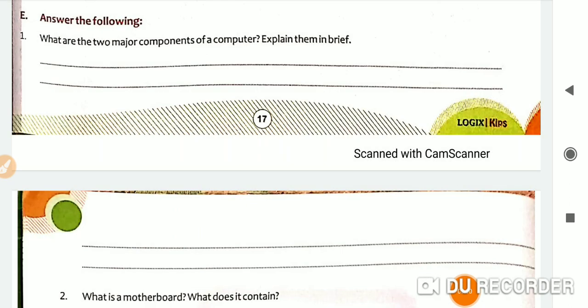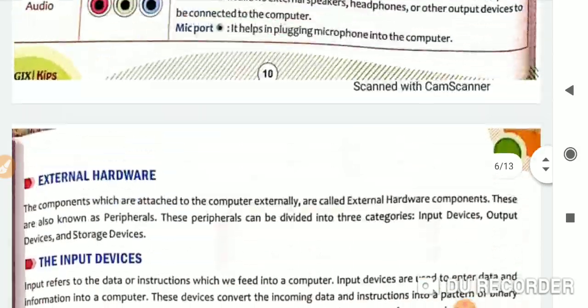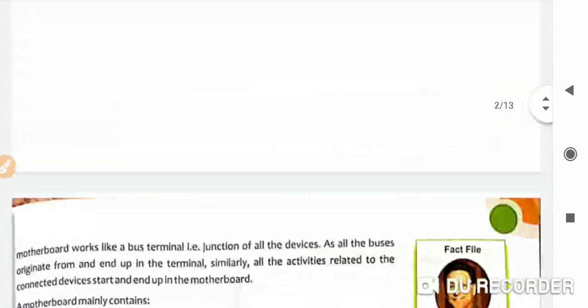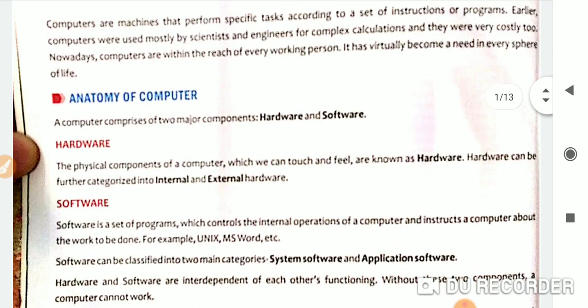Now, question answers. The first question is what are the two major components of a computer? Explain them in brief. So, the answer is given on page number 6. Come to page number 6. So, it is page number 6 in your book, and under the heading Anatomy of a Computer, you have to write